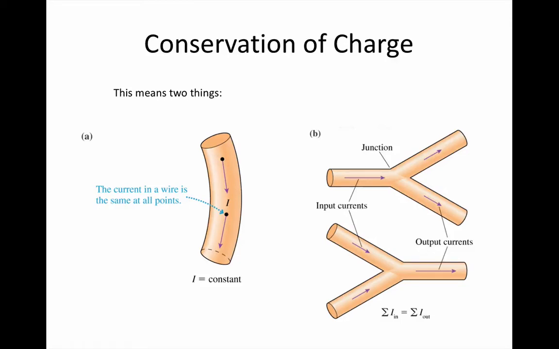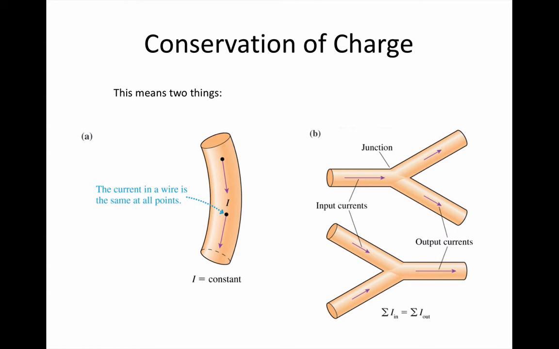When charges are moving, we still have the rule that charge must be conserved. That means we can say two things about currents in wires. First, the current in a single wire must be the same at all points. This seems obvious, but can be a surprising source of confusion in students who are shown light globes in series